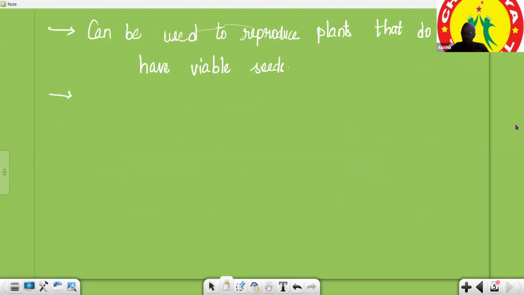If seeds are not viable, if they are not potent to give a new plant, if they cannot germinate, in that case you can use its parts to generate a new plant. That's what it means: it can be used to reproduce plants that do not have viable seeds. If the seed is not able to germinate...